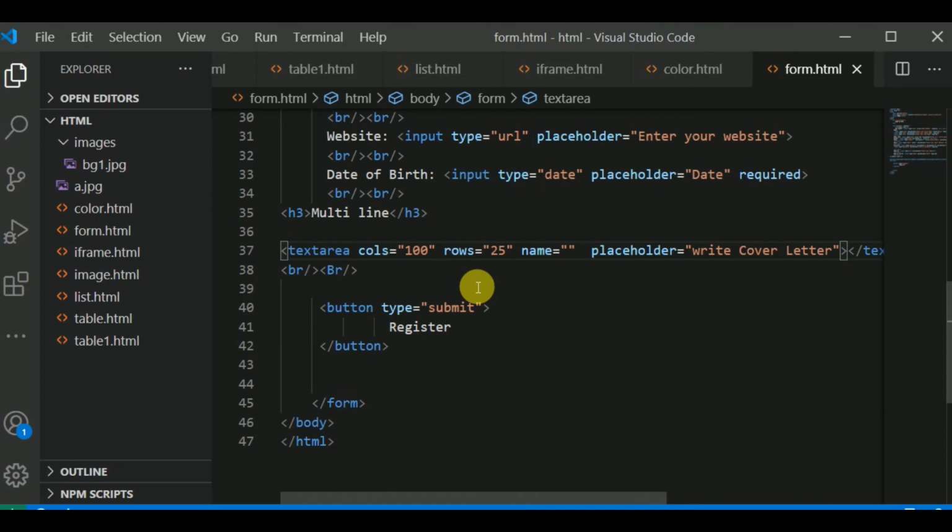Or if it's below. So you can use JavaScript or PHP to check it. HTML doesn't have that capability. Even CSS doesn't have a way of checking the number of words or the number of letters inside this text